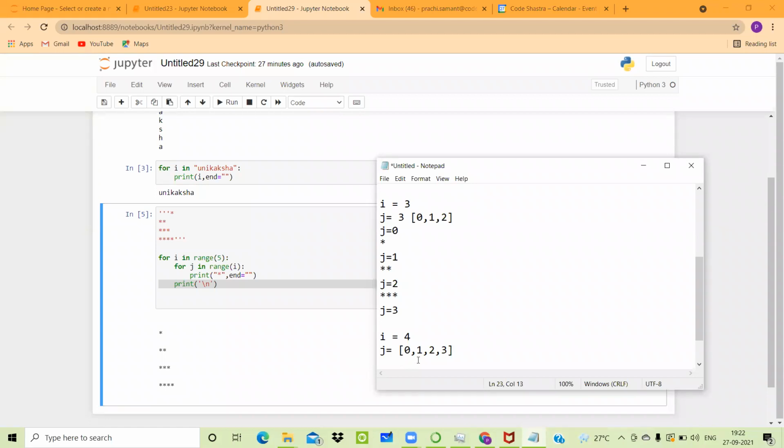These are the acceptable values for the j. J cannot accept the value 4 because again the same rule. When you say range 4 or when you say range n, that time we can access the numbers only till n minus 1.